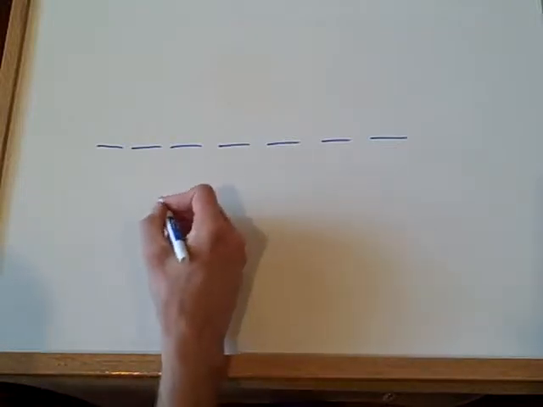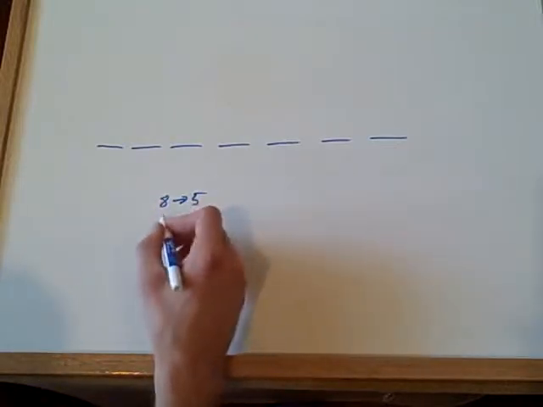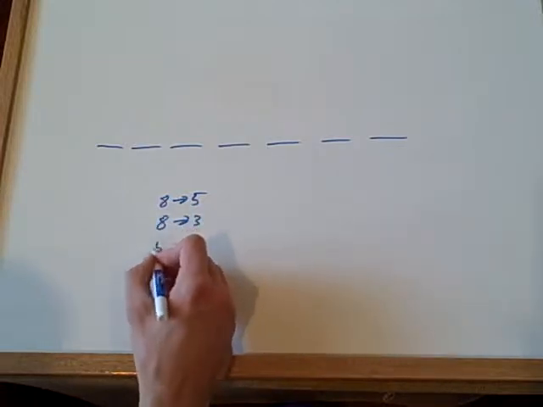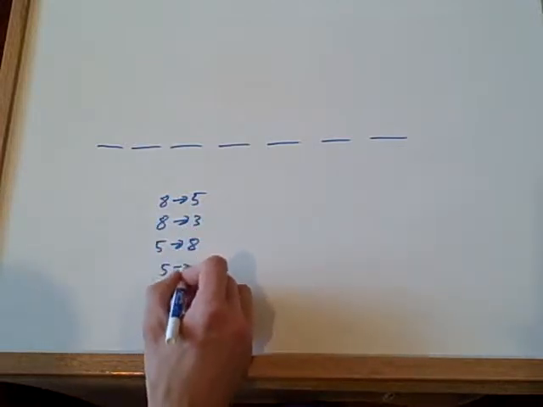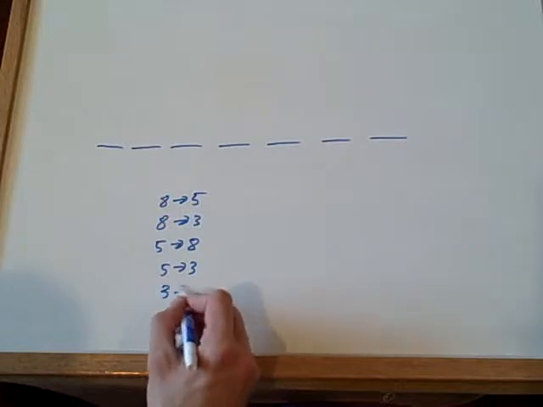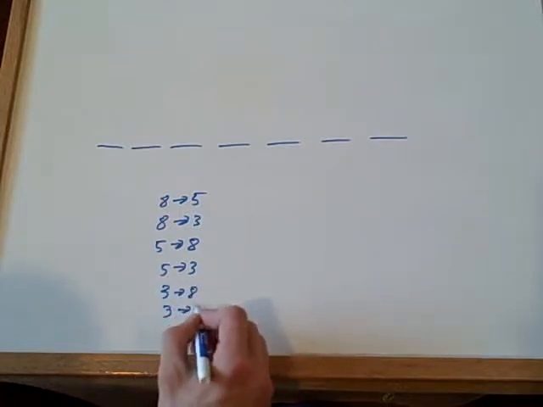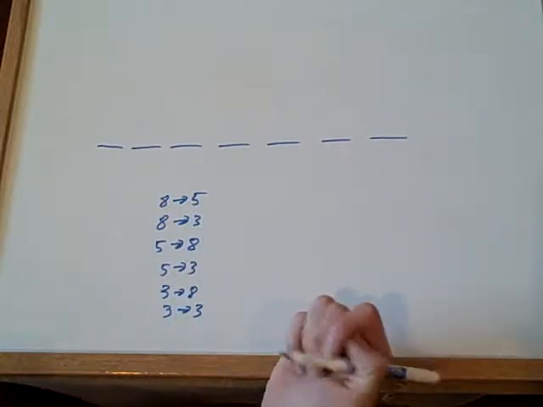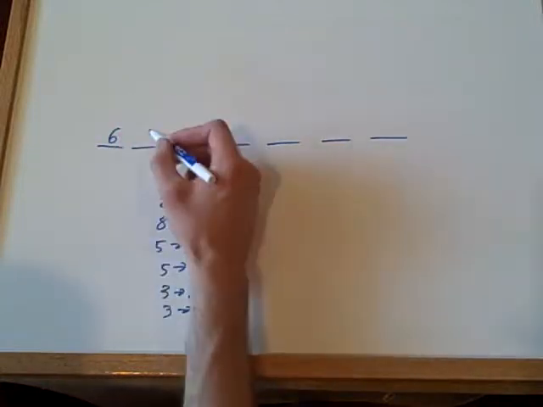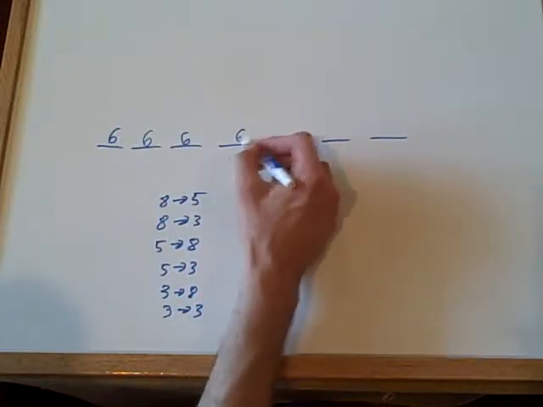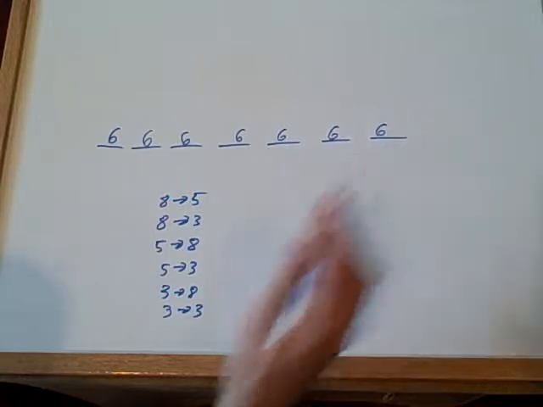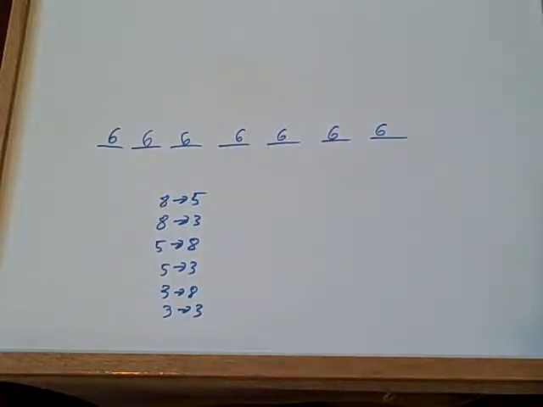In other words, we could go from the 8 to the 5, from the 8 to the 3. We could go from the 5 to the 8, the 5 to the 3. We could go from the 3 to the 8, or the 3 to the 5. So there are 6 pours we could have with each one. So there are 6 times 6 times 6 times 6 times 6 times 6 times 6, and 6 to the 7th power is an astounding